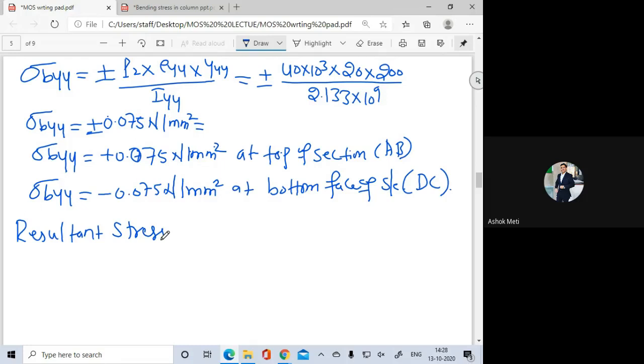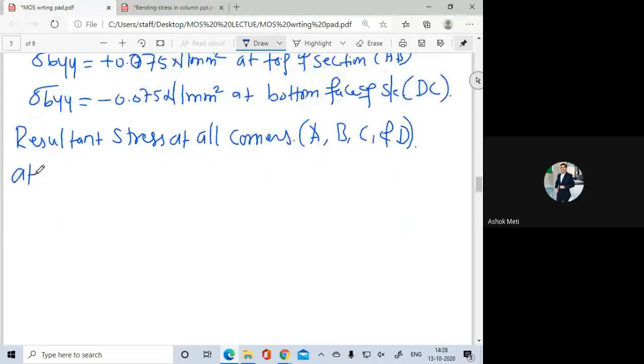So now the resultant stress at all corners, that is corners A, B, C, and D. So now I will go for corner A. The resultant stress at corner A is equal to